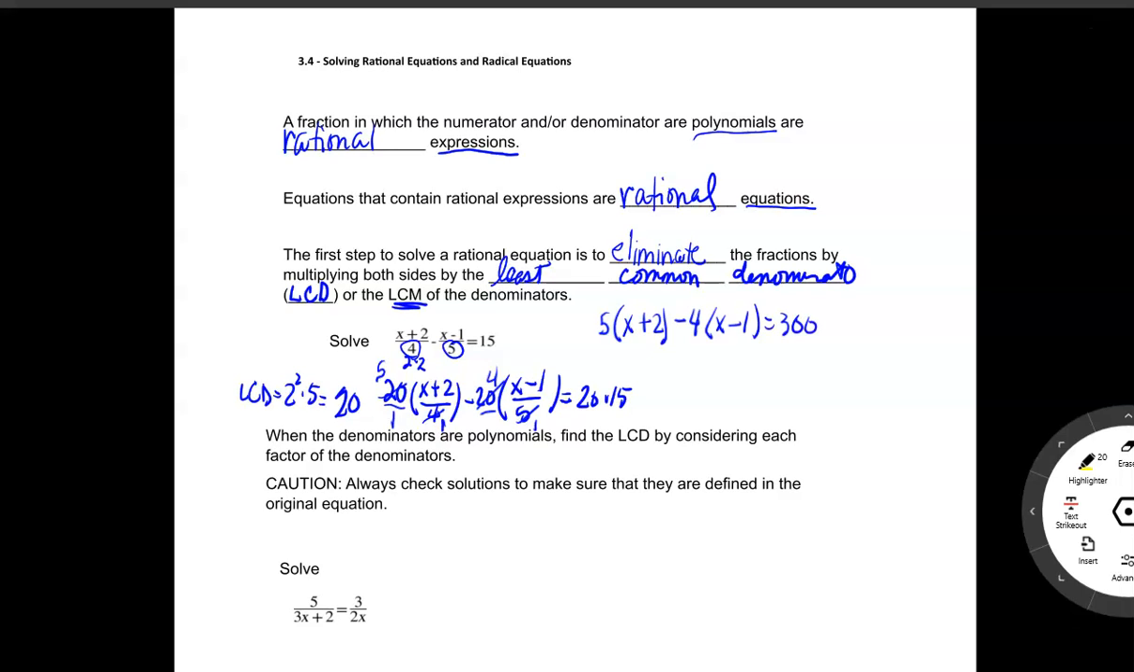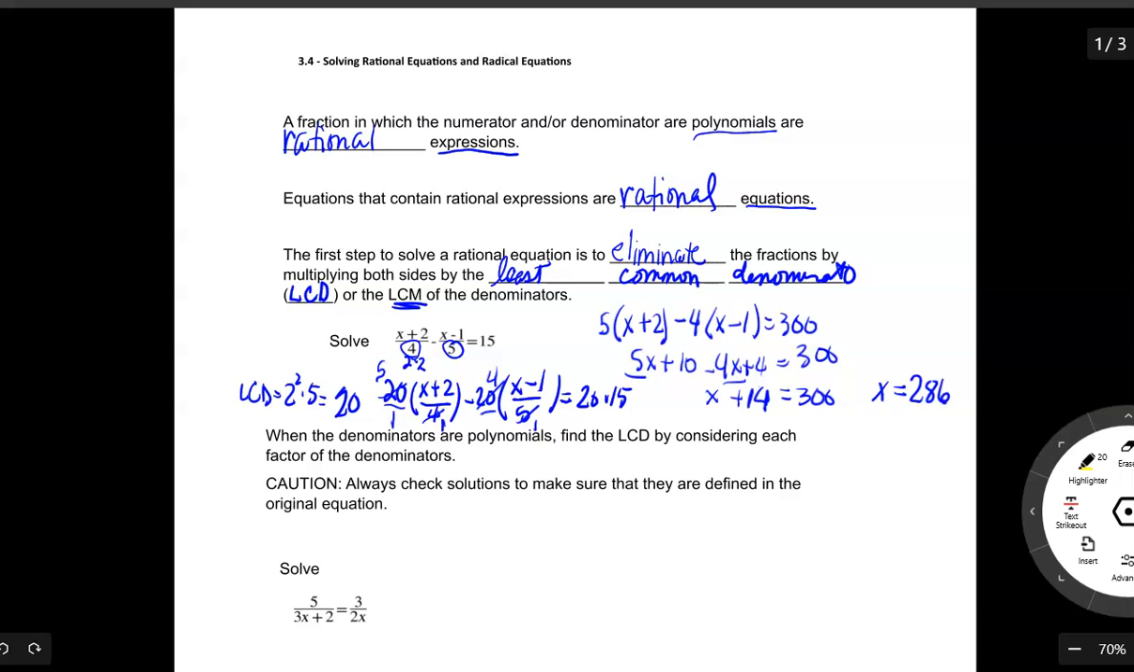So to work this out, I need to distribute: 5x plus 10 minus 4x plus 4, because it's negative 4 times a negative 1, equals 300. Combine these, they're on the same side, so I just add them together. I get x plus 14 equals 300. Not sure why my pen gave out there. That was the 10 plus 4. Subtract 14, and I end up with x equals